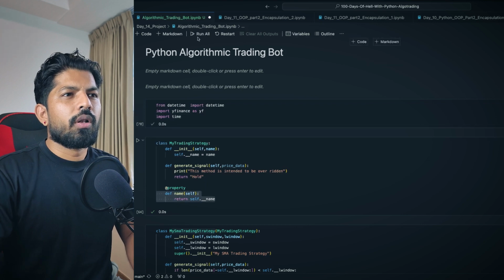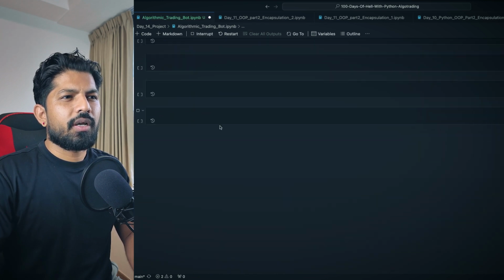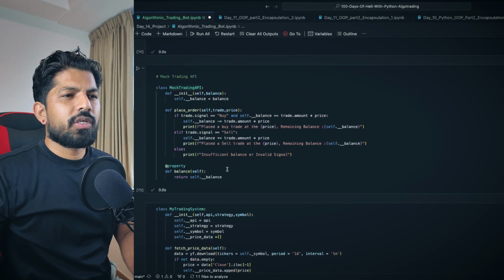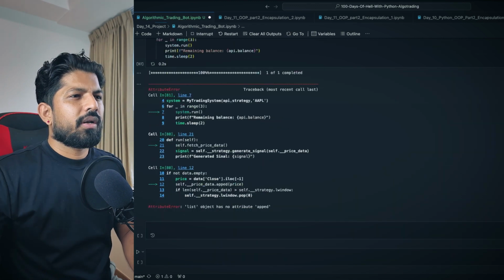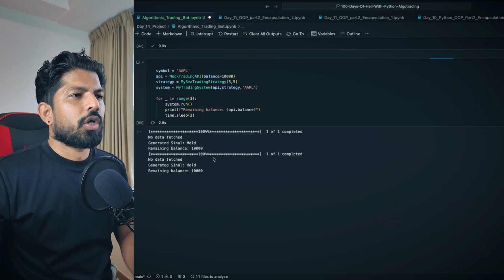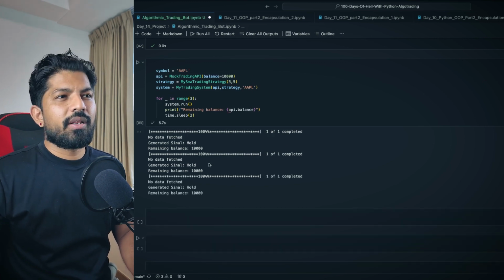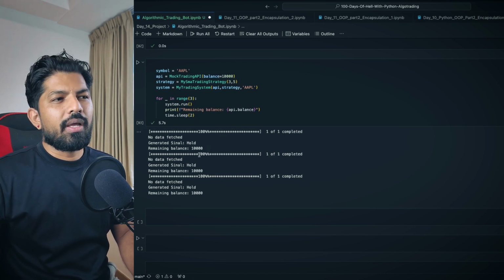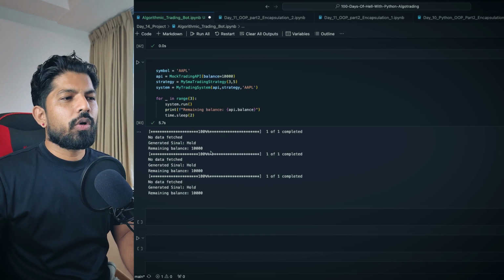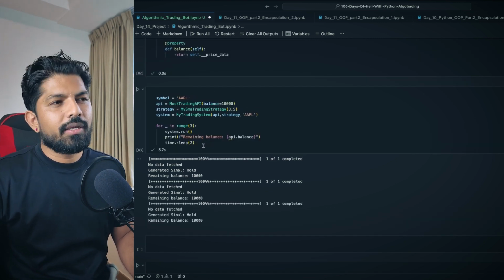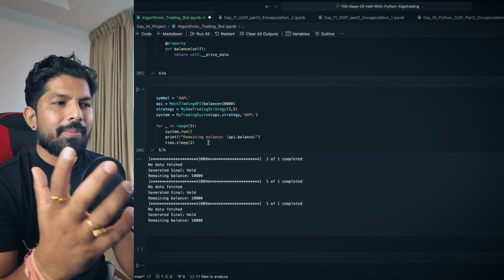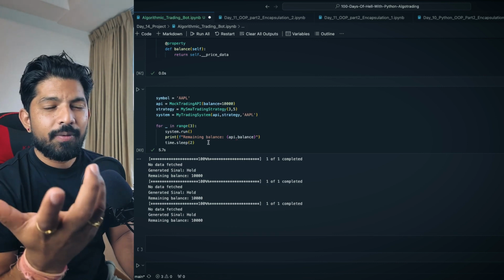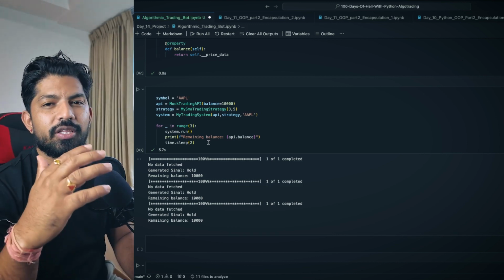Now we'll run all the functions here, and we have my trading system and the symbol here, and now it says yeah. So you can see here it is running every 2 seconds, and it will check and say the signal is hold, and then it will show the remaining balance. So for now it is showing hold. We need to check something inside this, and that's very easy. I'll just post this code on GitHub, and you can let me know in the comments what could be done to make this work fine. If you're not able to find the issue, we'll discuss this in the future lectures.